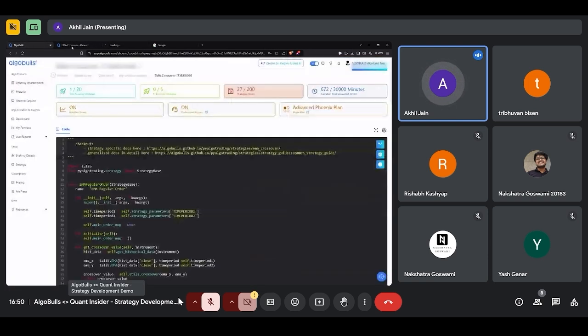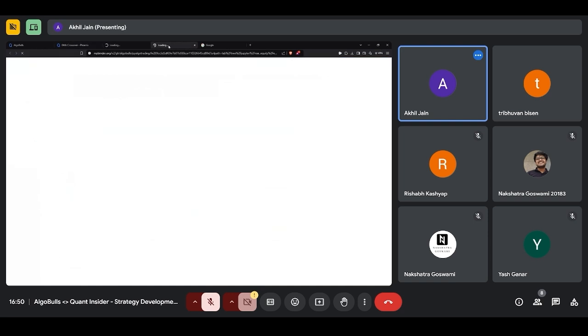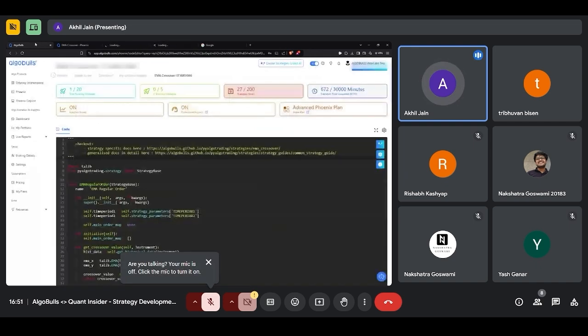I'll even try a view option. This might take a long time, so let me keep it for opening. I'll go back here. I'll go back to settings.